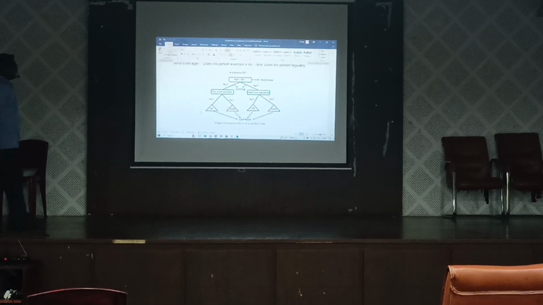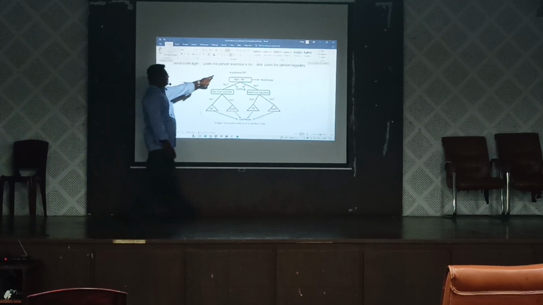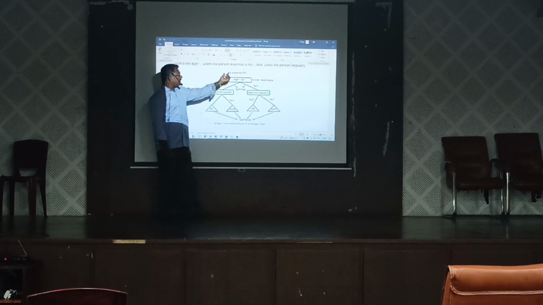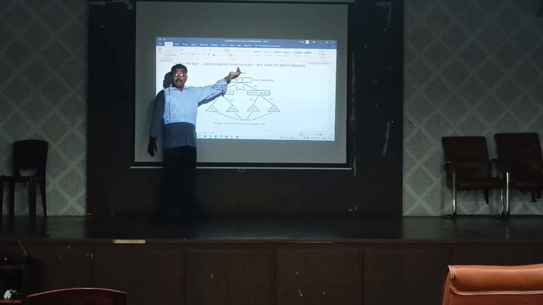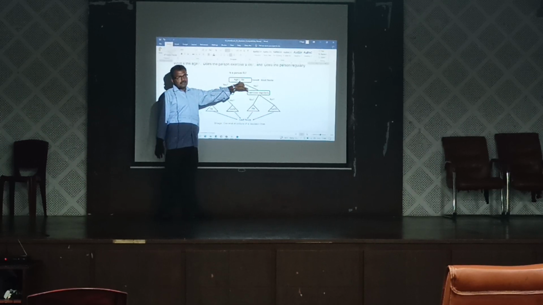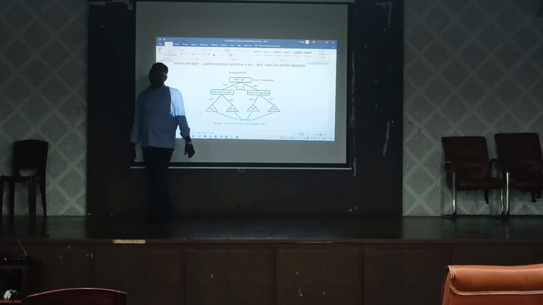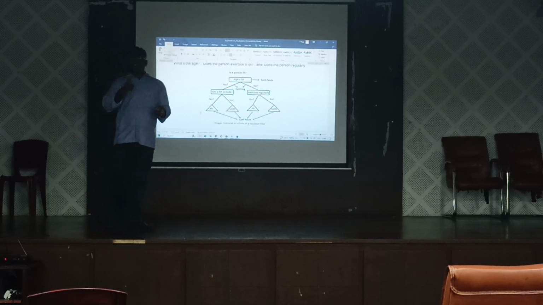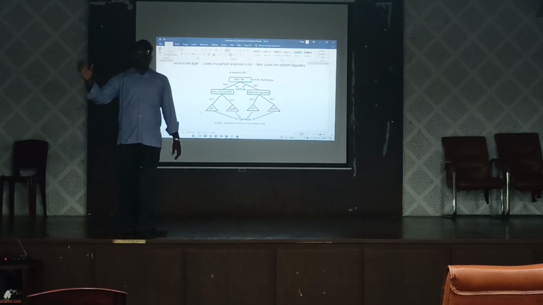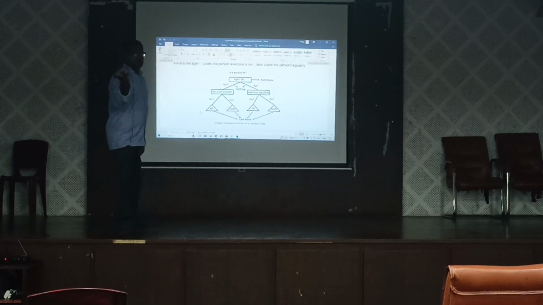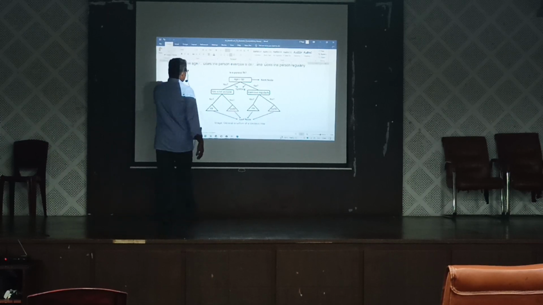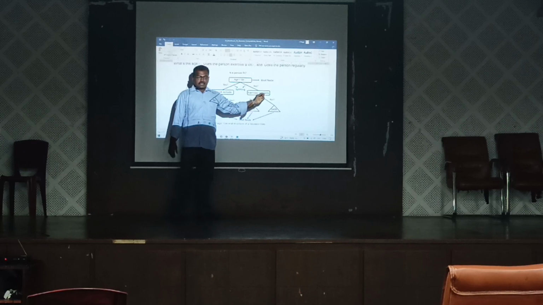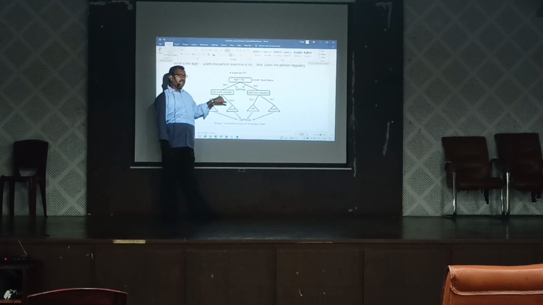Look at this one. The question is: is a person fit? That is just the problem statement title. Now what is the condition here? Age less than 30. What is the possibility? Yes or no: less than 30 or not less than 30? Only two options, yes or no. Yes means it follows one tree, no means it follows another tree. Now here, what is one more condition?